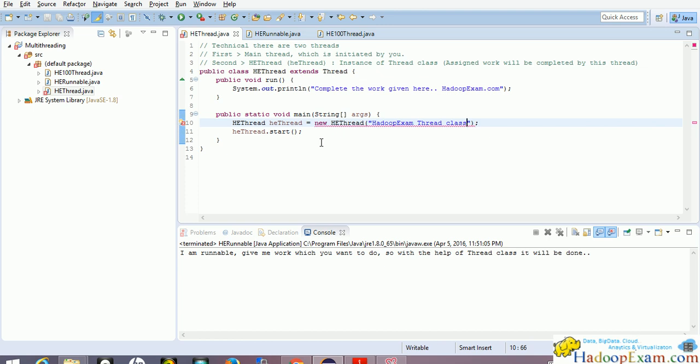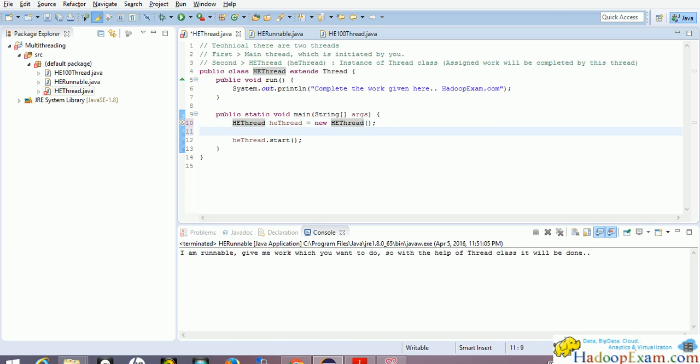You can see here, this is not the right way to give the name, because we have not defined a constructor for the thread class, and the super class, the Thread class, does not provide it for this instance either. So there has to be a different way of creating it. You use the setName method on the thread.